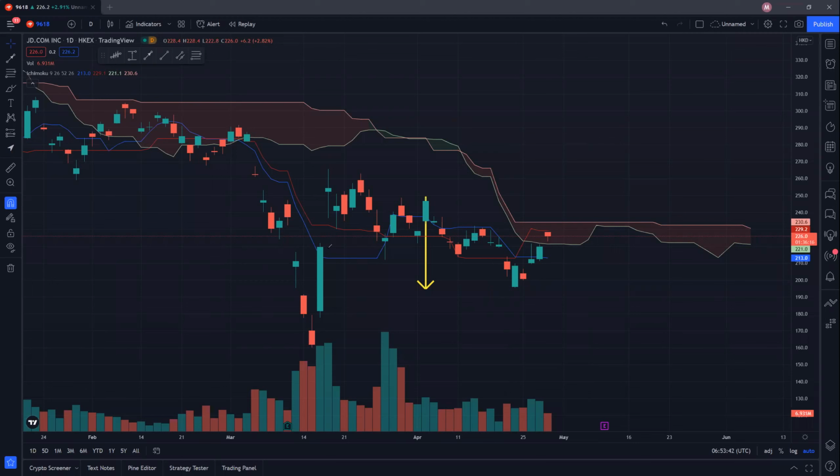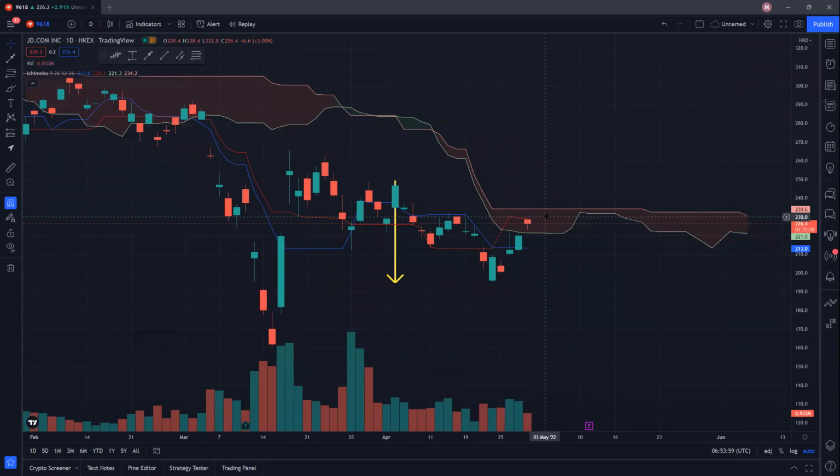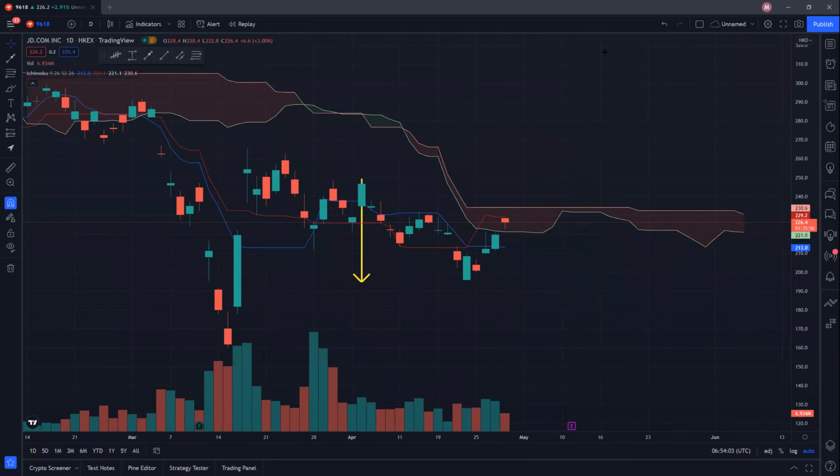However, on the Hong Kong side, there is no gap to be filled because of this strong green candle that managed to close all gaps, resulting in the New York gap up on the 16th of March. So it seems like currently for Hong Kong, you can see that it's being blocked by this particular conversion line, which is this red line here. So this red line is currently blocking this